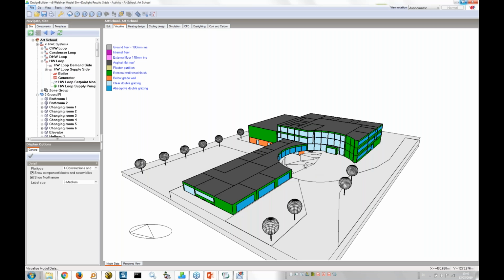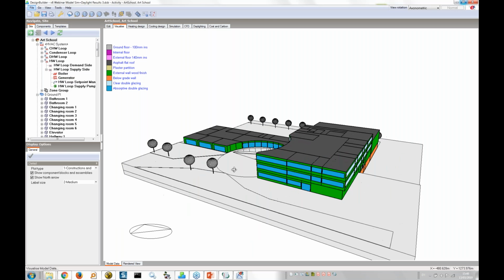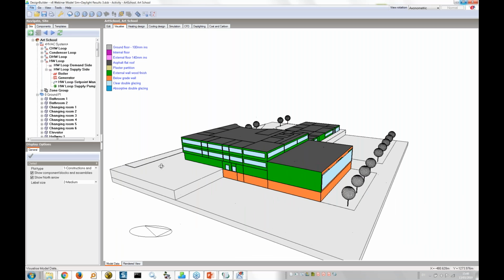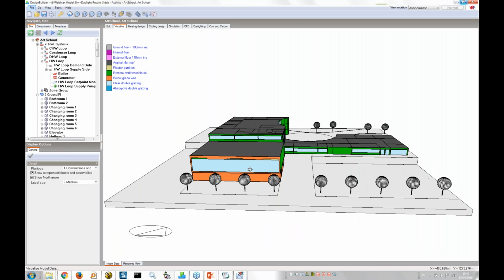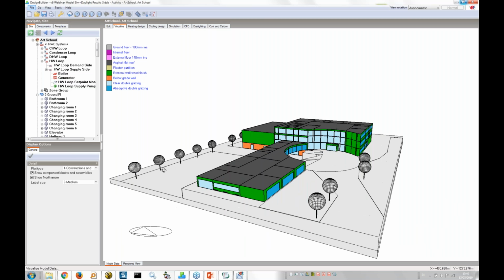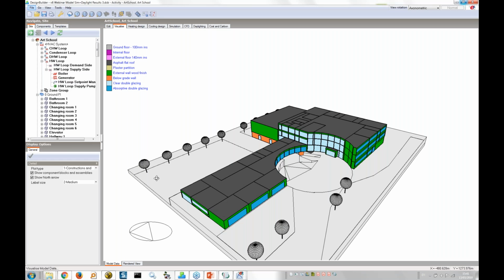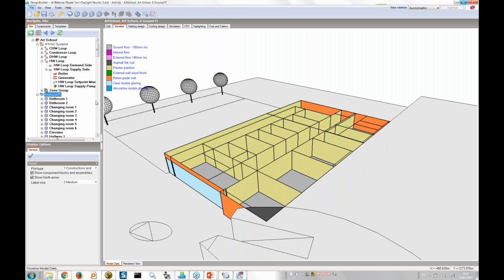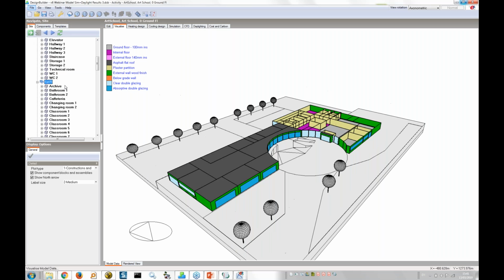And this allows you to see which construction and glazing systems have been applied to all of the surfaces in the model. So at building level, you can see the systems that make up the thermal envelope, and at block and zone level,